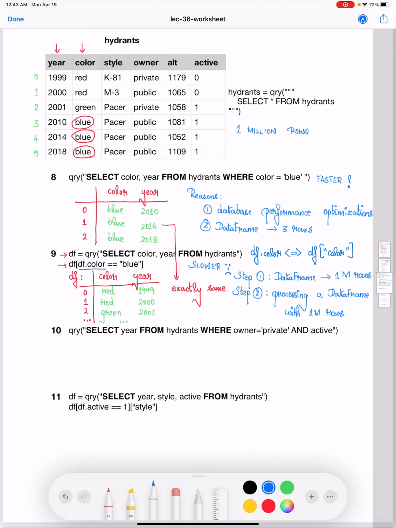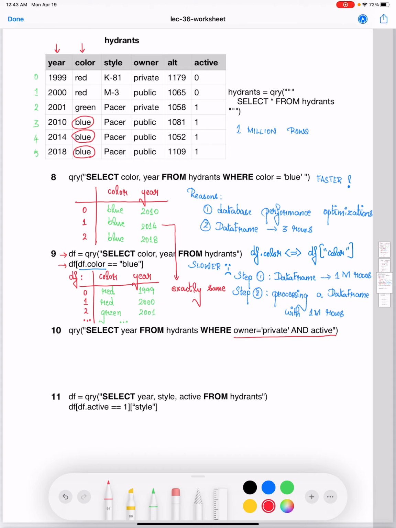The next question is asking us to execute the SQL query select year from hydrants where owner equal to private and active. This is the first example where we have and as part of the Boolean condition along with the where clause over here. Notice something strange about this particular condition.